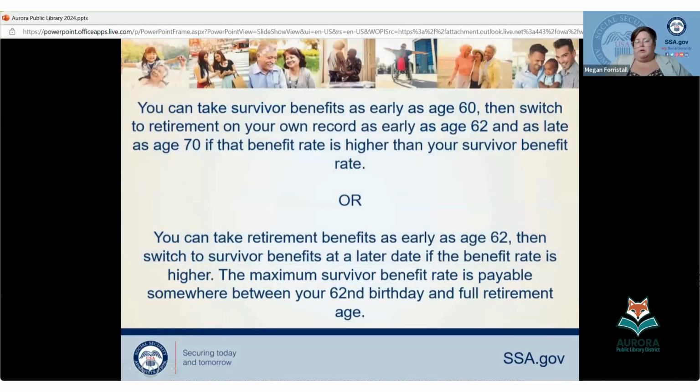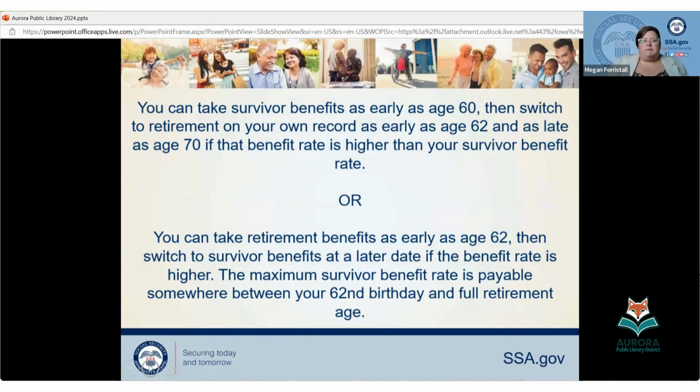When I talked earlier about how you have to take your own benefit before we look at anything off a spouse, that is the rule when you're filing off someone who is living. That rule was passed a while back and it's called deemed filing. However, survivors' benefits are an exception to that rule. So you actually have some strategies you can use when considering survivors' benefits.